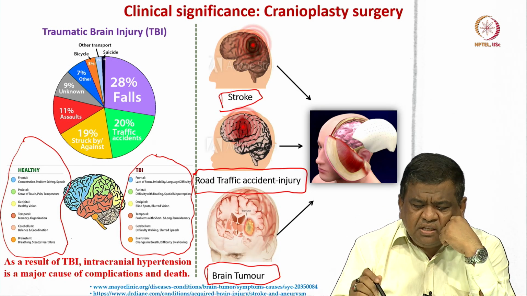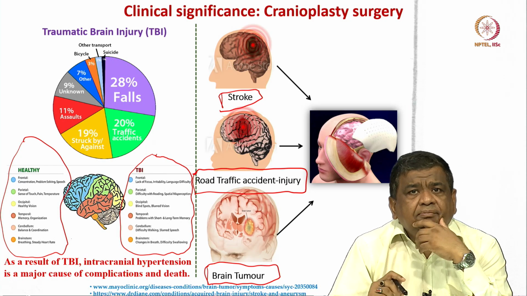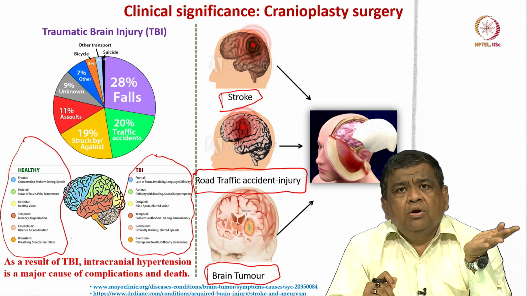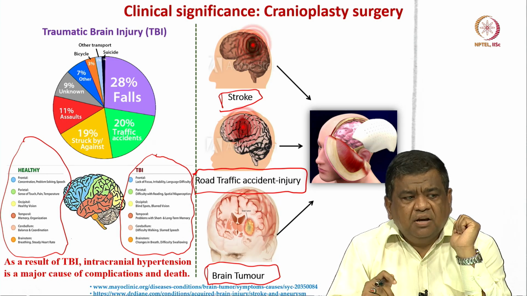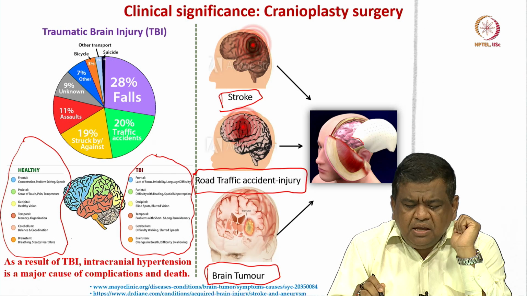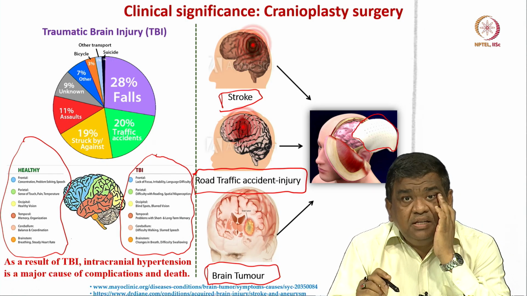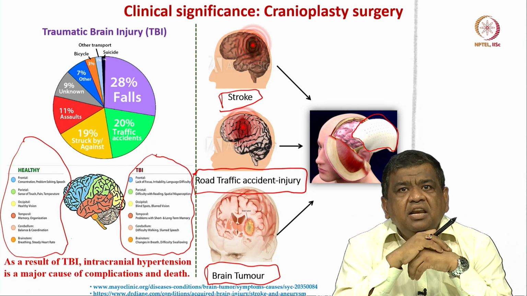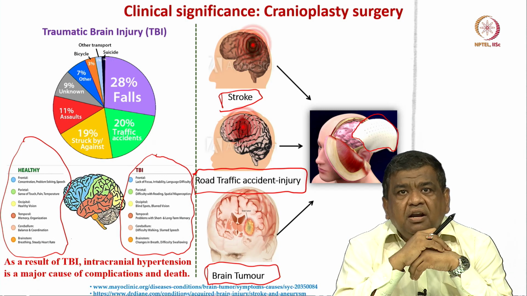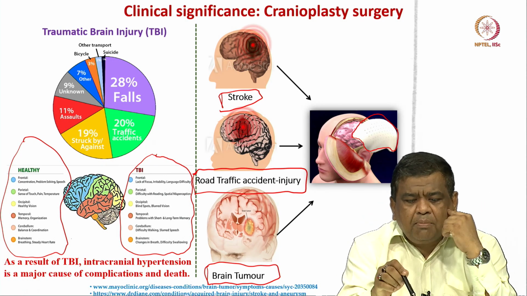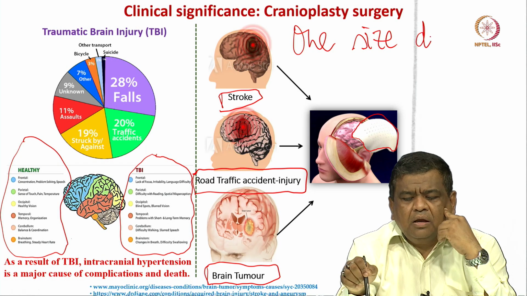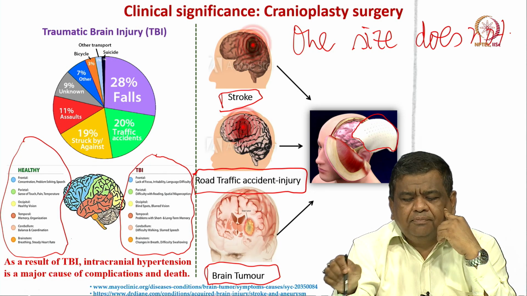Now, this is the treatment protocol that I will explain to you. So, first step is the decompressive craniectomy, and then second step is to place a bone flap. Now, every human patient's skull structure, their cranium structure, is very different. So, the point is that one size does not fit all.